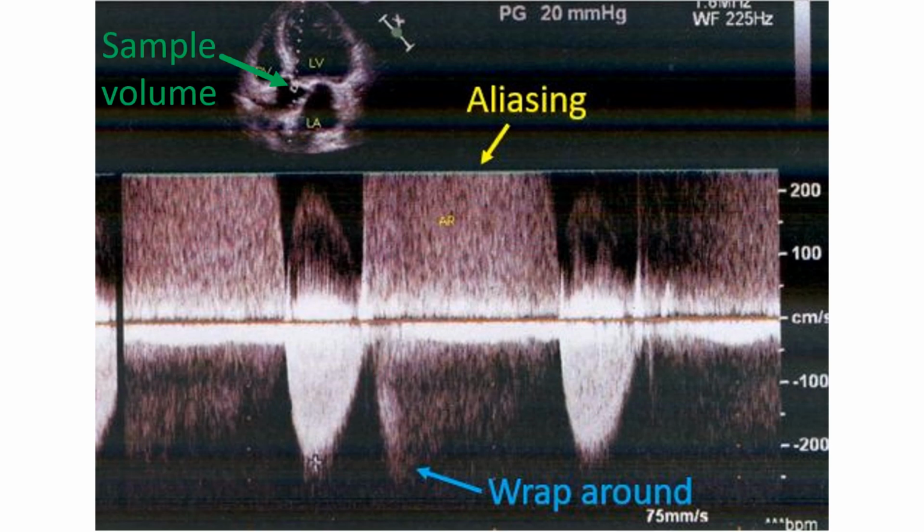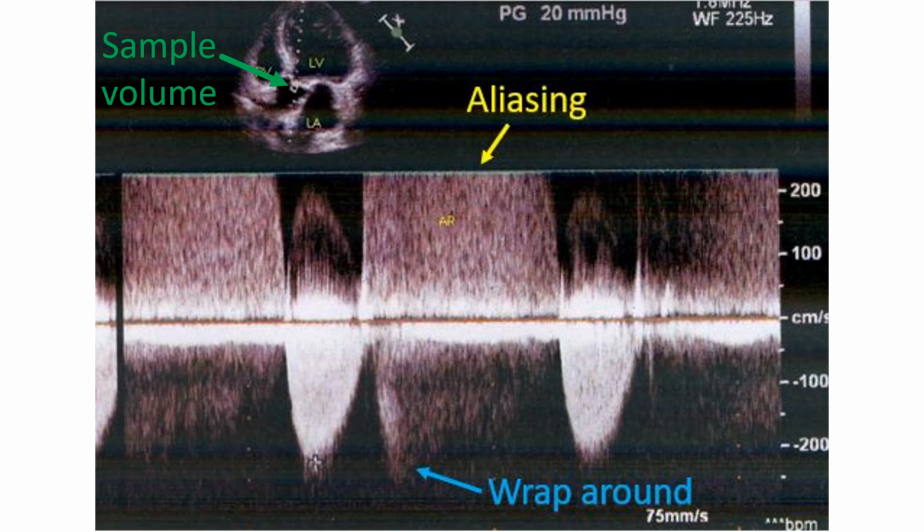Sample volume is the region from which the pulse Doppler signals are sampled and analyzed. It is shown as a circle along the dotted line in the image, just beyond the aortic wall. This Doppler tracing is actually from a high pulse repetition Doppler in which multiple sample volumes are analyzed to increase the Nyquist limit. Though high pulse repetition Doppler can analyze higher velocities than simple pulse Doppler, there is some trade-off